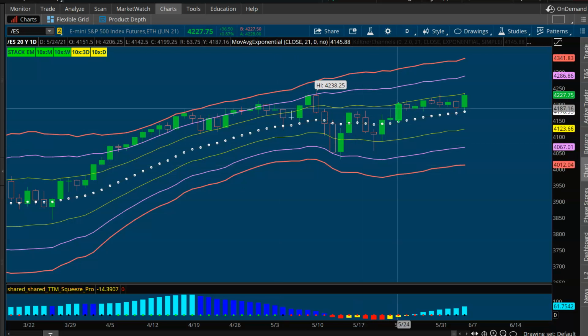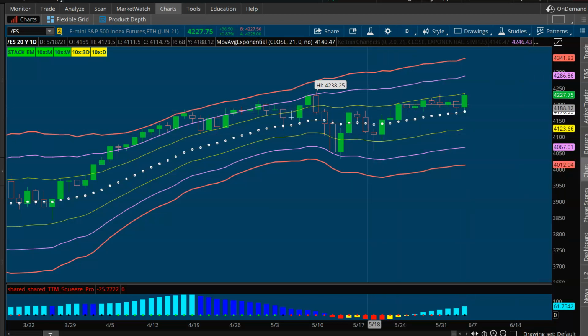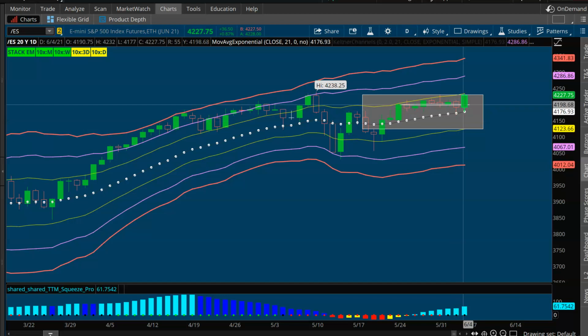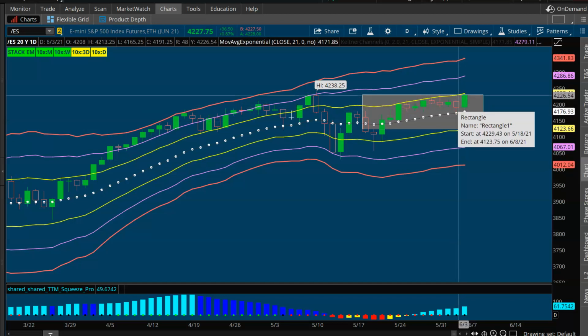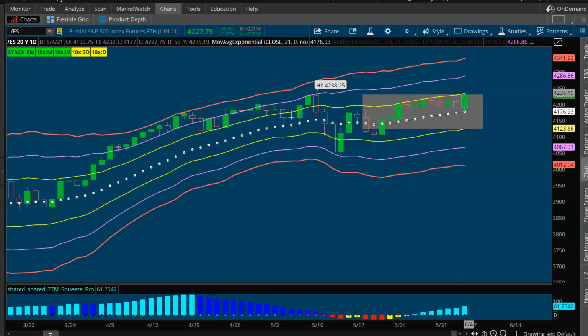So, not much has changed here. Pretty much generally a total chop fest this week, though we did close pretty strong here Friday. So, if you look at it from this perspective, we're still stuck in phase one of the squeeze, where, yeah, Friday was a good-looking day, but still a bunch of nothing here. We're still stuck under that +1 ATR extension. So, the +1 to -1 build-up of energy phase, once we can potentially start getting through +1, that's the release